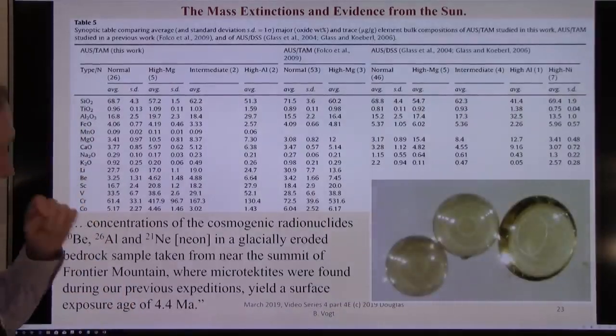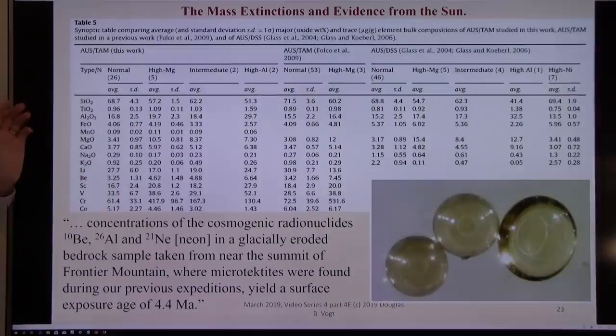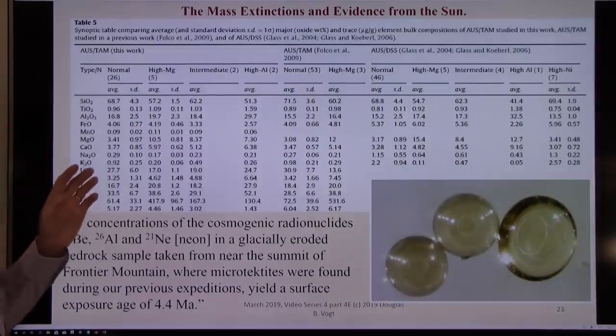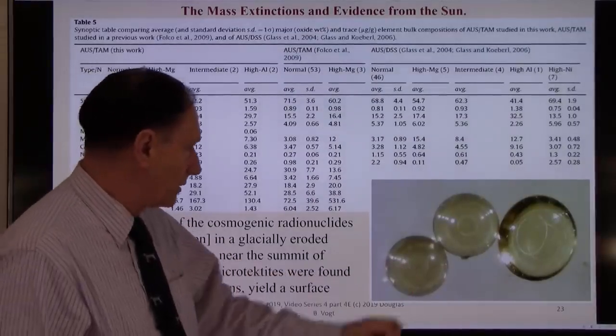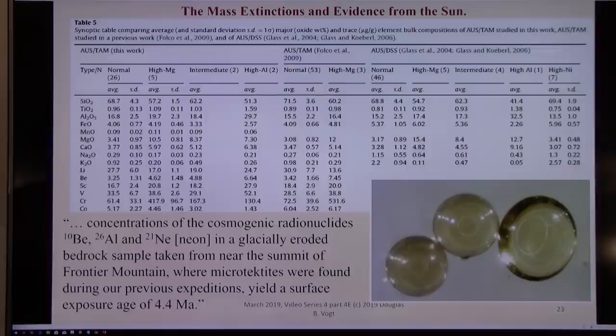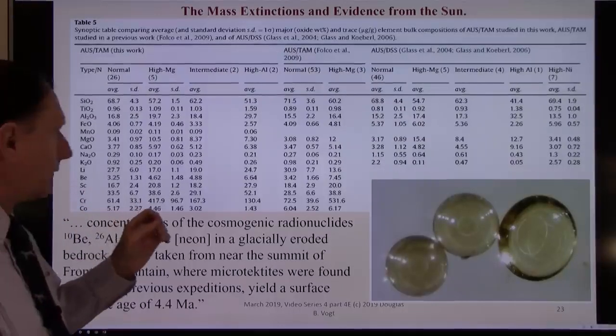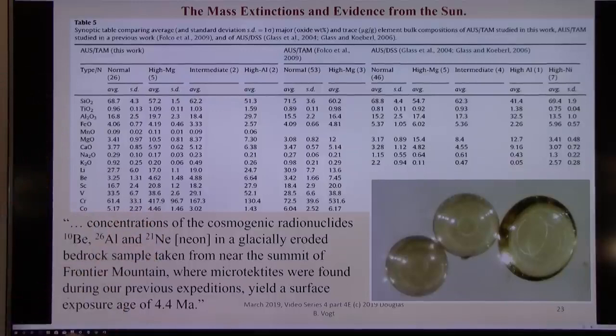But now, what was good about the article is they did a very good job of analyzing the elements in these glass beads. Here's some of the glass beads they found. Really gorgeous looking little things, little tiny things. These are all the same elements: silicon, titanium, aluminum, iron, magnesium, manganese, calcium, sodium and potassium, B, and some of the others. This list went like 40, 50 different elements. They did a great job of finding all the trace elements that were in these things.